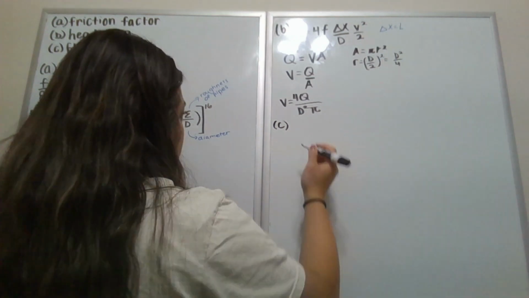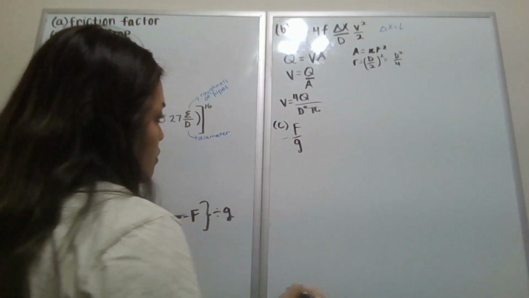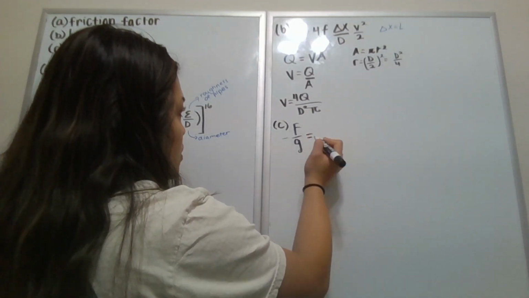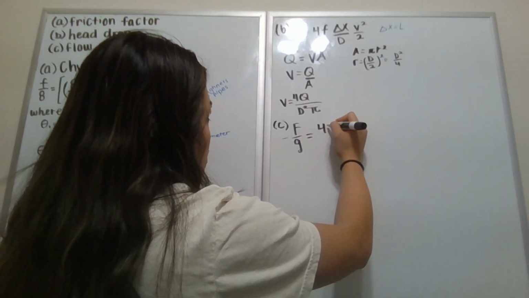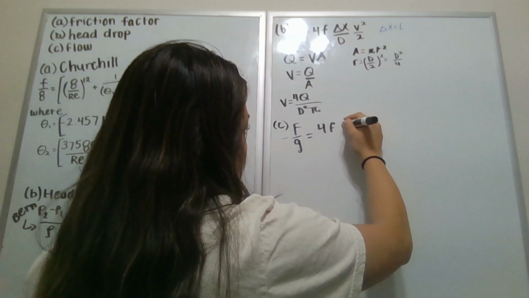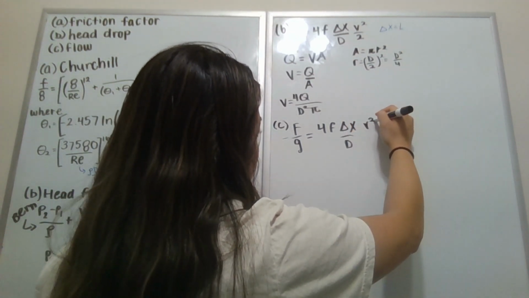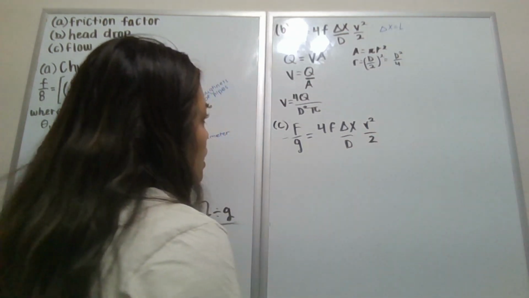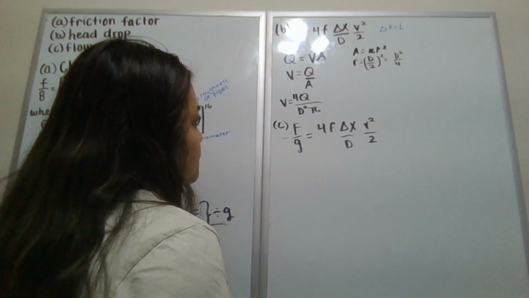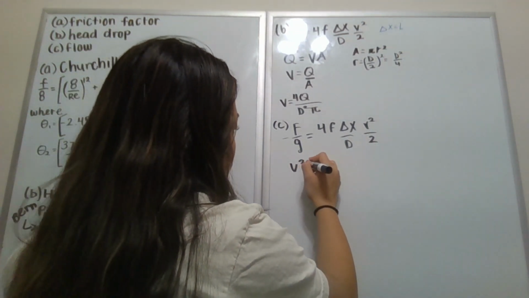The frictional heating, negative, divided by the gravitational acceleration, is going to be equal to 4 times the friction factor times the change in position divided by diameter times velocity squared divided by 2. And so we know that velocity squared